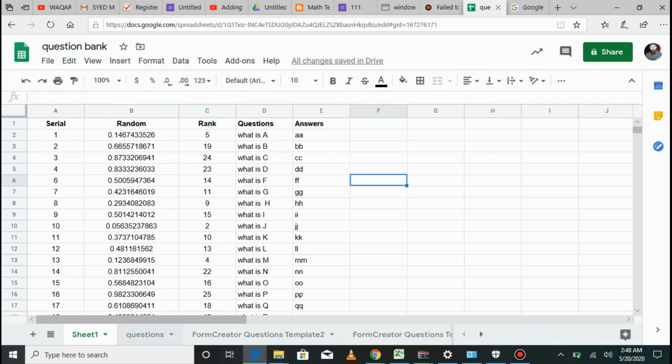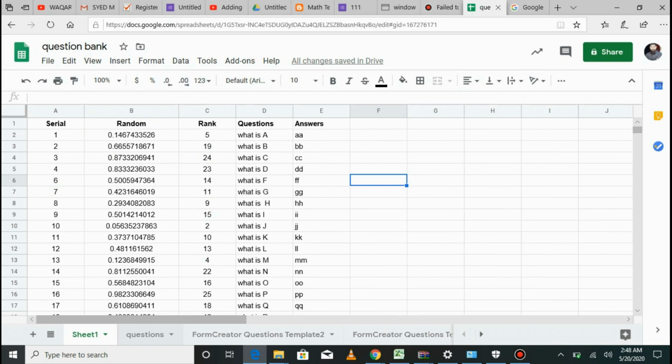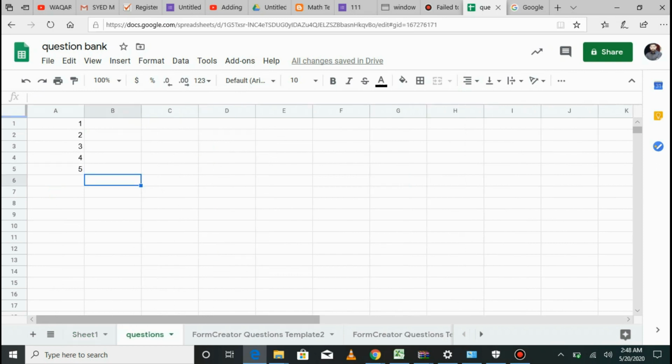Create a new sheet by using this option. In this sheet, first of all, insert some serial numbers, depending on how many questions you want in your question paper. I want 5 questions out of these 26, so I just created 5 serial numbers, and here you are going to use a VLOOKUP formula. For this, the formula is VLOOKUP, and then first of all select the A1 cell, because only 5 questions we are going to choose. That's why I selected this one, A1, and then